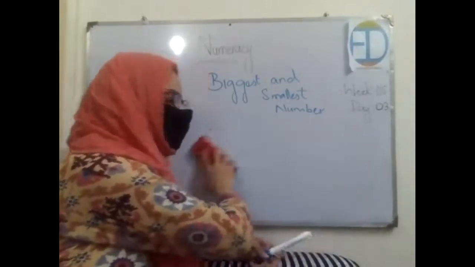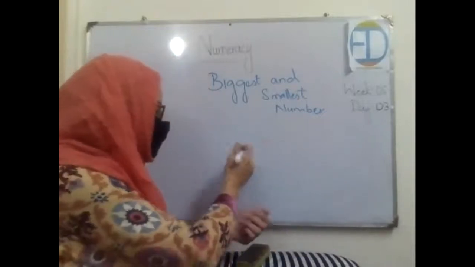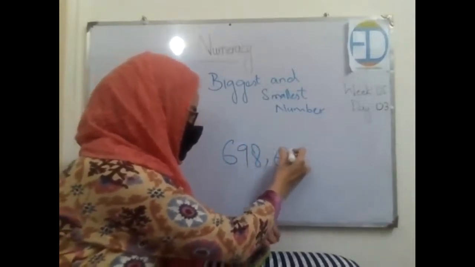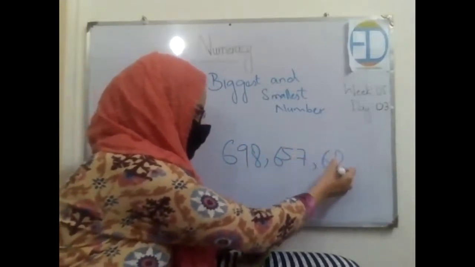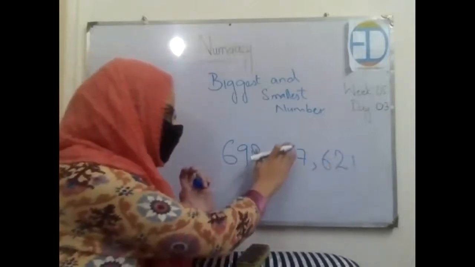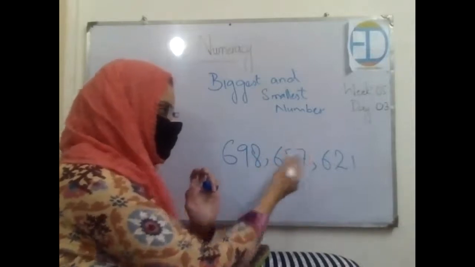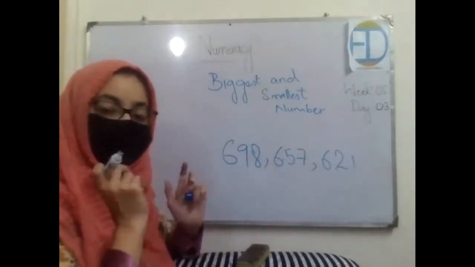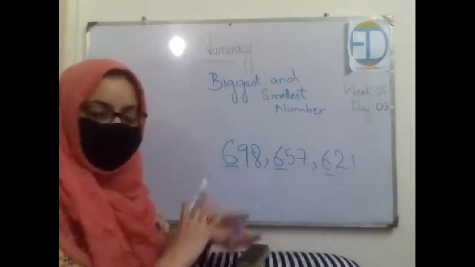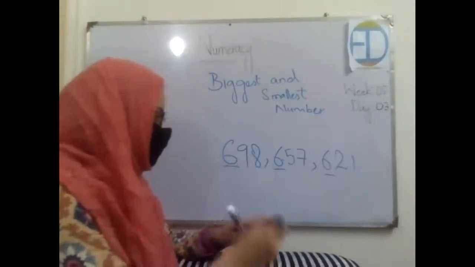Let's say you are provided with numbers whose first digits are the same. Let's say the first number is, now these are 3 numbers whose first digits are the same, right? All of them are in the 600s range. So now what will you do? First you check their first digits, they're already the same, so there is no use of that. Now you will look at their second digits.